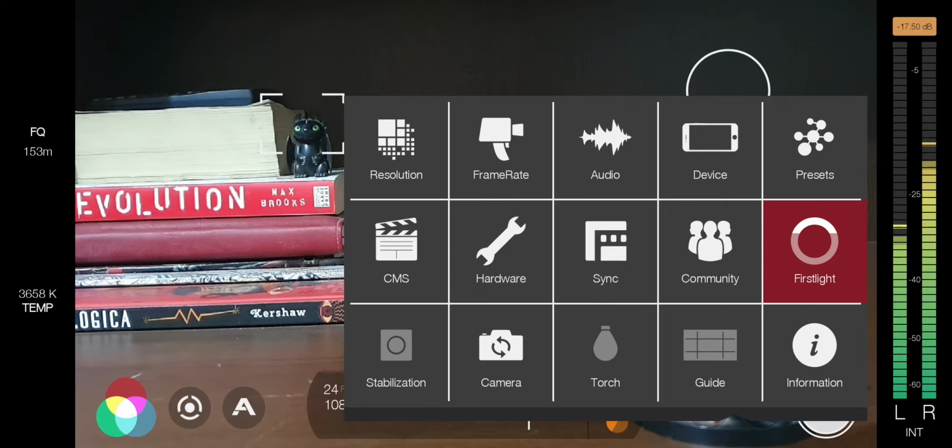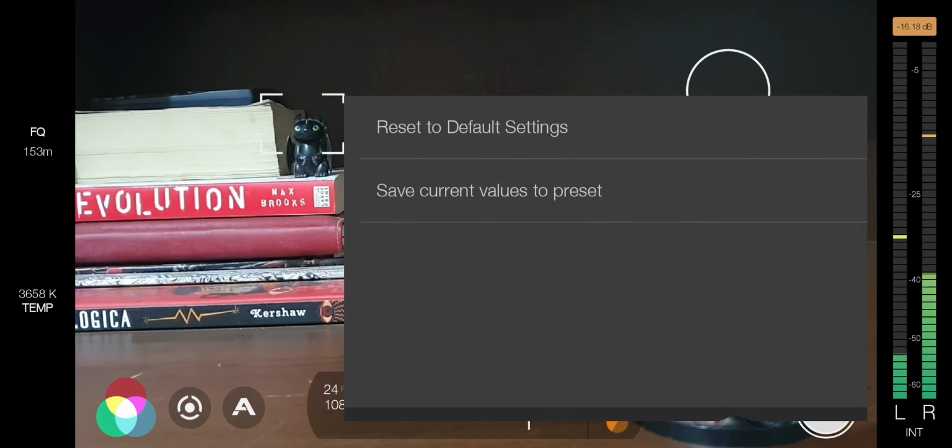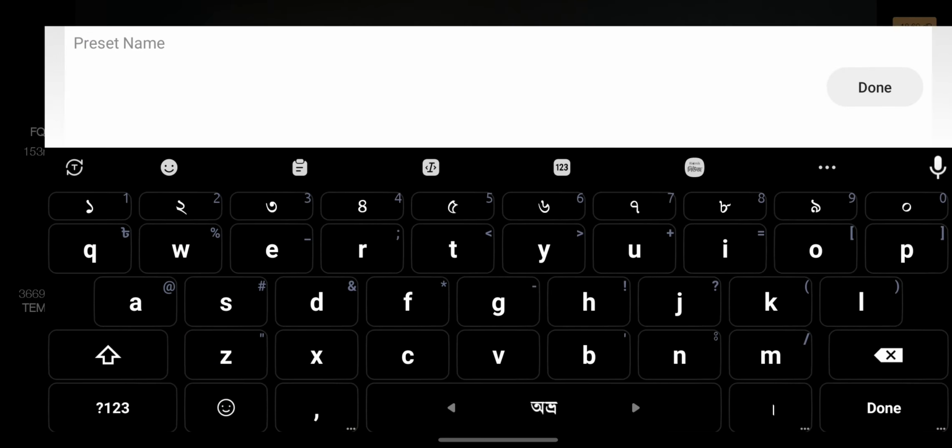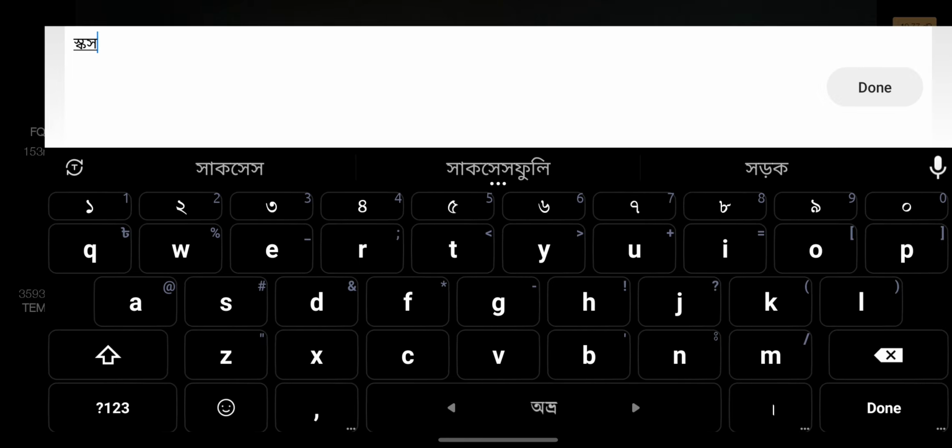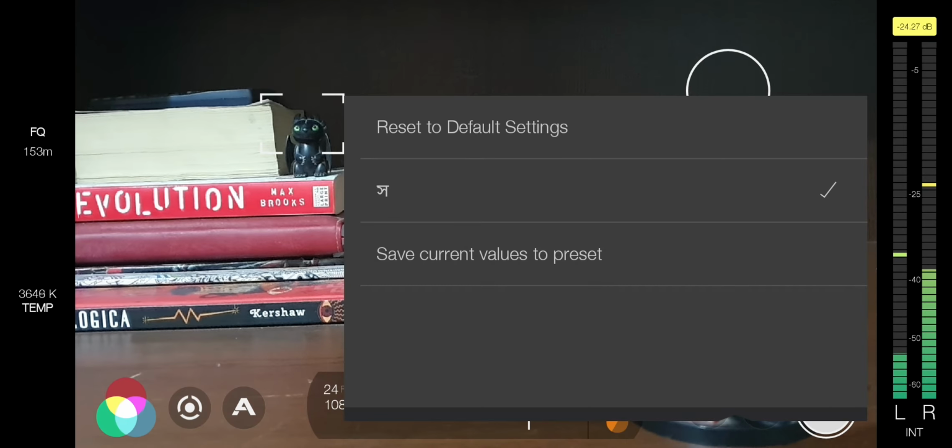Now let's go to the presets. If you like the settings you have chosen, you can save them here. Like I'm saving it, okay, that's it.